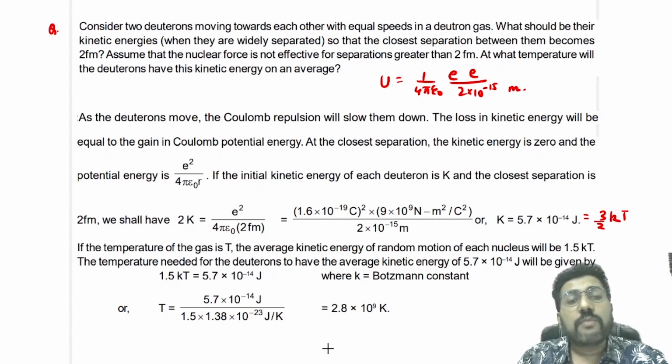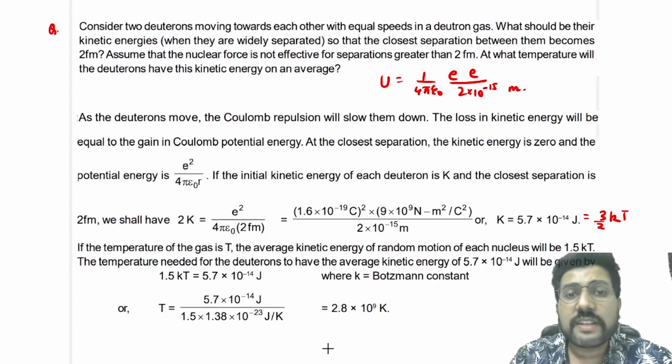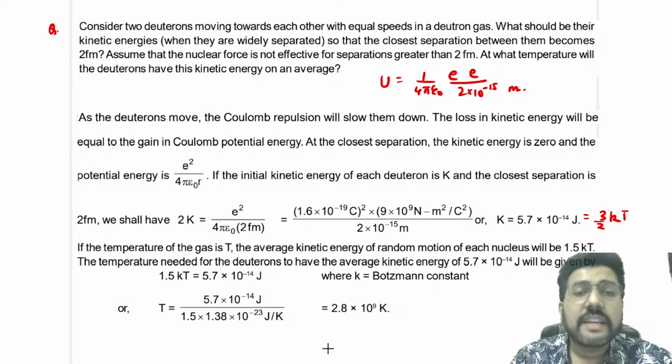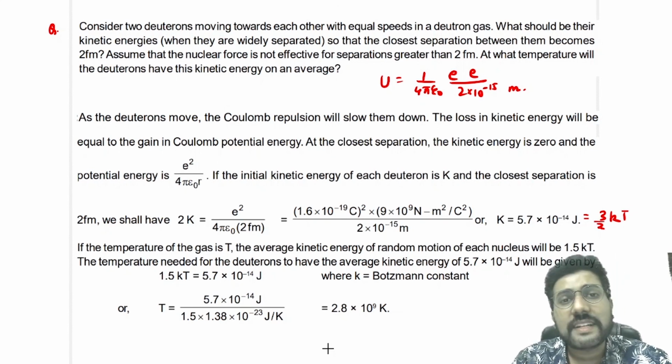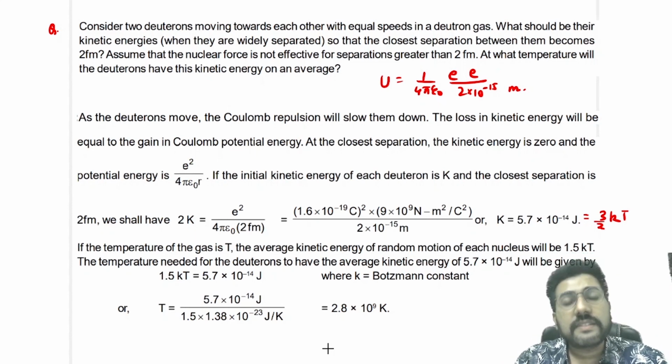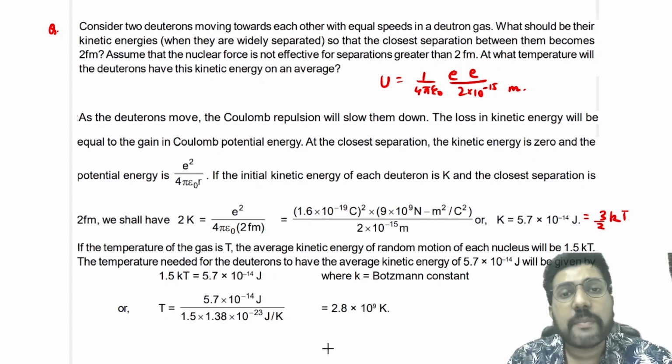For more details about fission and fusion, please refer to your NCERT textbook. I have discussed problems of modern physics, starting from photoelectric effect, atomic structure, X-rays and nucleus, in a new series of 4 videos, set 1, set 2, set 3 and set 4, in which there are questions from photoelectric effect, dual nature of radiation and matter, atomic structure, atomic collision, nucleus, nuclear fission and fusion. Please go through that so that you are able to solve problems related to modern physics. I have discussed all the questions that can be asked in the exam in detail in those videos. I'll share the link of those videos in the description box.